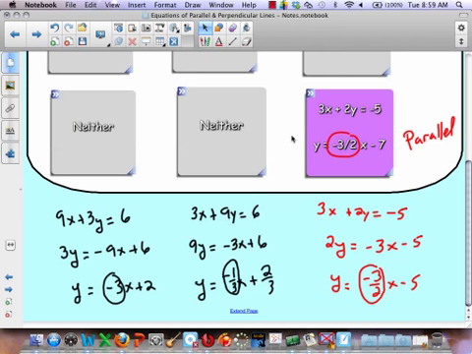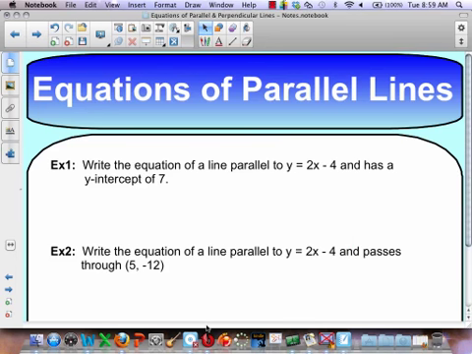So that's our first objective today. You're going to be able to look at the equations of two lines and determine if they're parallel, perpendicular, or neither. And I think we've had lots of practice with that. Remember, parallel is the same slope. Perpendicular is negative reciprocal. And if it doesn't fit in one of those two categories, it's neither. I think the textbook might call that intersecting but not perpendicular, but that's basically what neither means. It means you're neither parallel nor perpendicular. All right, with that objective done, let's get into writing the equation of